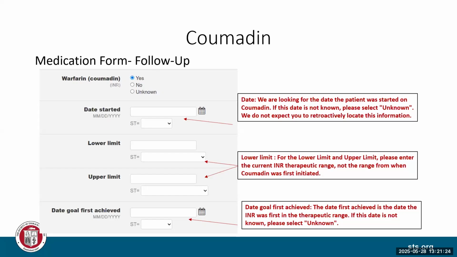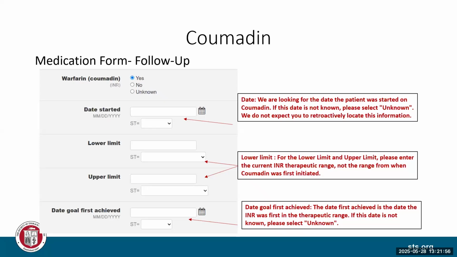The date started was the date the patient started on Coumadin. Yes, and we don't expect you to go back retrospectively. But like, if I know I start every patient on post-op day 2 on Coumadin, that's easy because it's just implant date +2, and that's that. But you were saying if you stopped Coumadin and then resumed it, you want that date? Yes, if you have it, yeah.